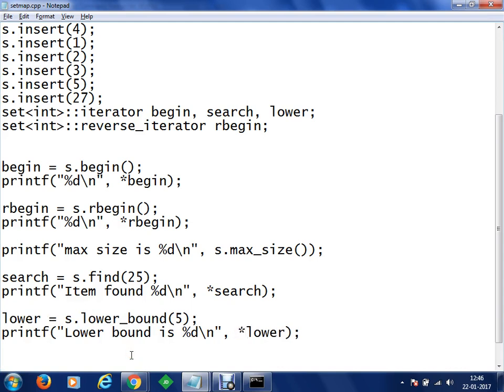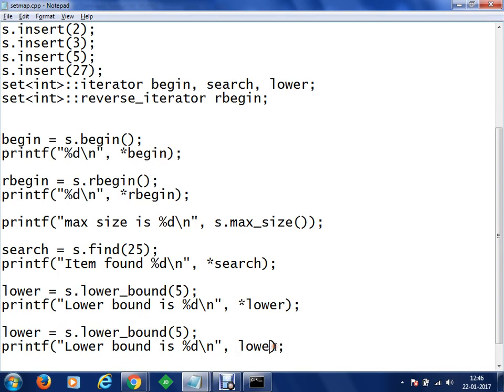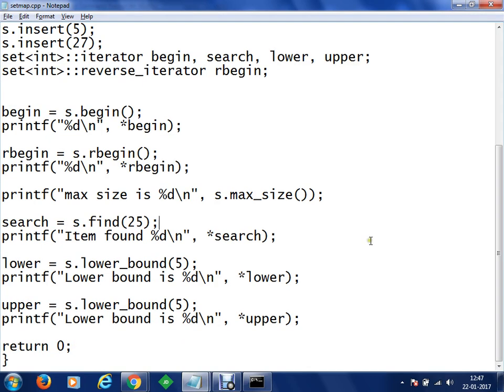And now we are going to get the value for the upper as well. Let's say upper, let's put that into a pointer. That's upper, and here you have, so we have got something like this. ये है आपका upper bound for 5.